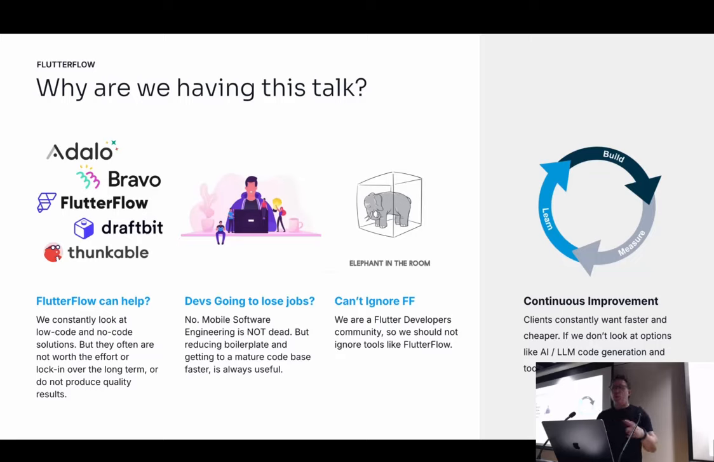And I'll explain why as we go through this talk, and hopefully I'll convince you that maybe there's a role for it in your dev workflow. But in short as well, a dev's going to lose their jobs? Again, hell no. Software engineering's not dead. And in some ways, all these new low-code, no-code solutions are just solidifying the fact that we still need software